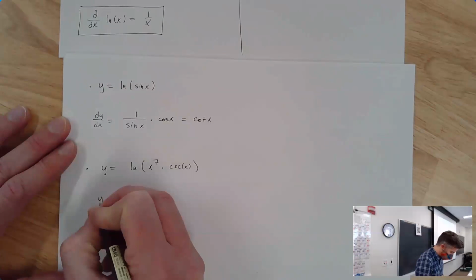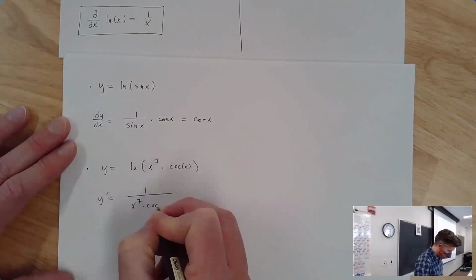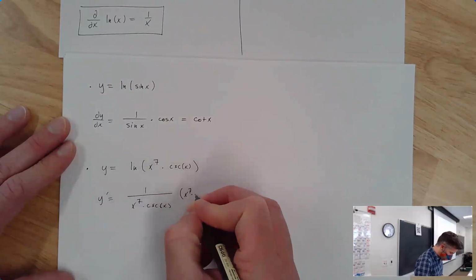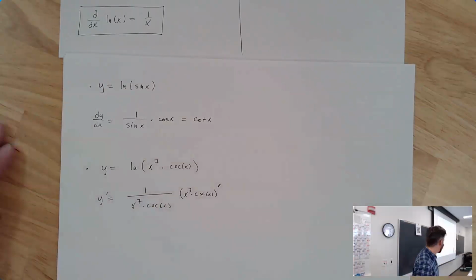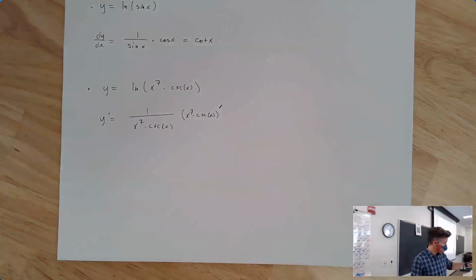I can say, okay, y prime is 1 over x to the 7th times cosecant of x, and I have to multiply by the derivative of all that stuff, which is going to necessitate the product rule. Because the derivative of x to the 7th times cosecant is the derivative of a product. So